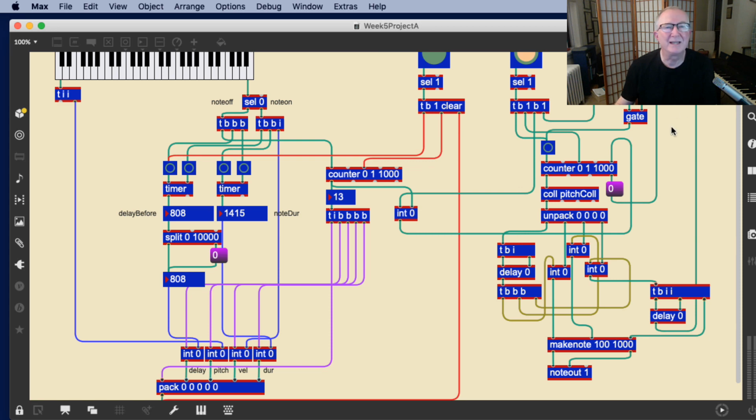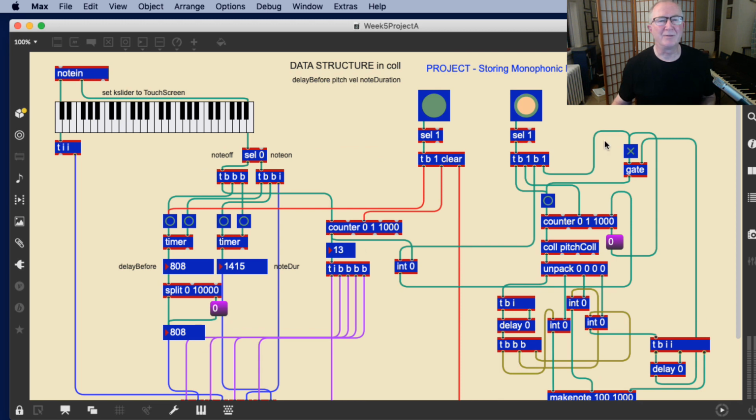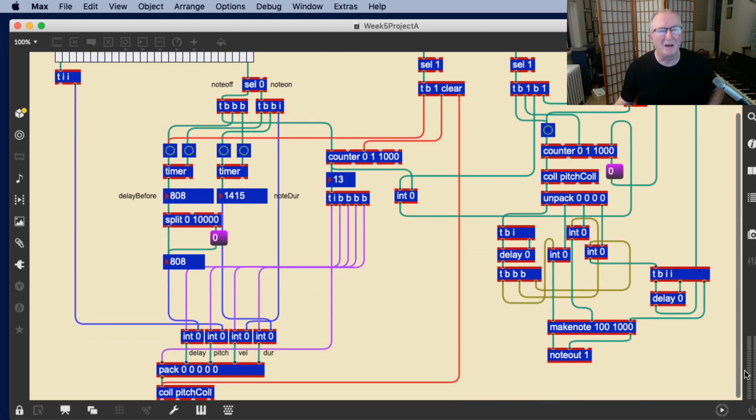And it stopped. The gate got turned off, right? And probably I'd also want to turn that off automatically as well. So I'm not going to do everything. All right, so this is the guts of a